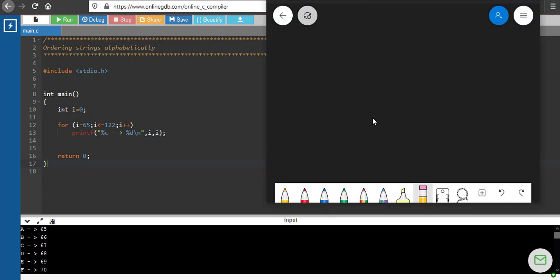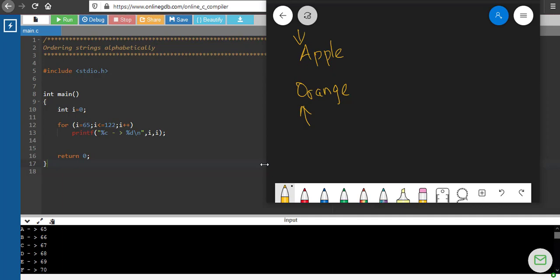To explain further, let's say we take two words from the user: apple and orange. We scan through each and every character and check whether the ASCII values of the characters are the same.